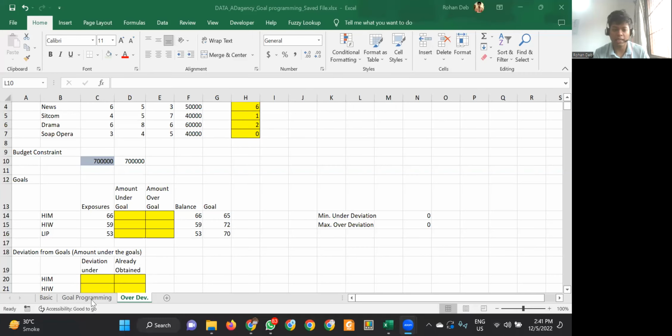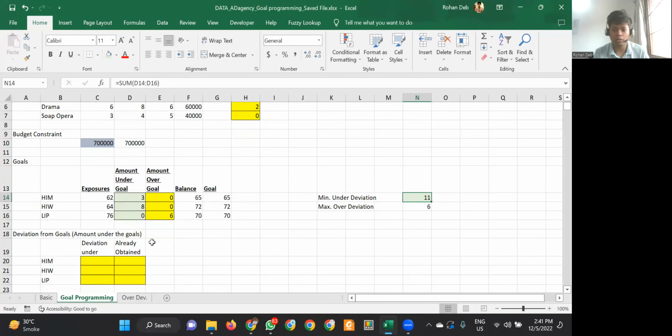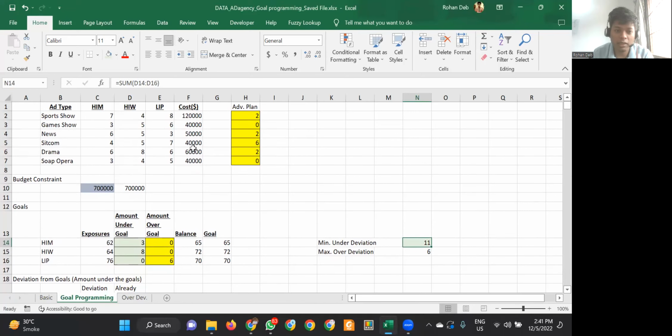Okay, so for the final part of goal programming, I'm assuming that you watched the previous videos. What we did in the last video was figure out the goal program to minimize the overall under deviation. So here, this is what we got: 3, 8, and 6. Now, in the second part of the question, it says that